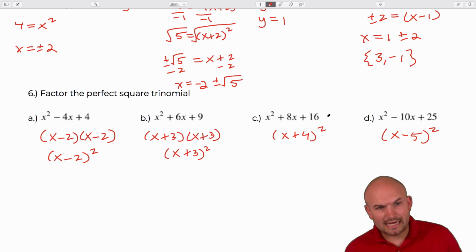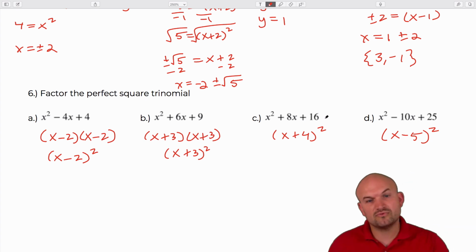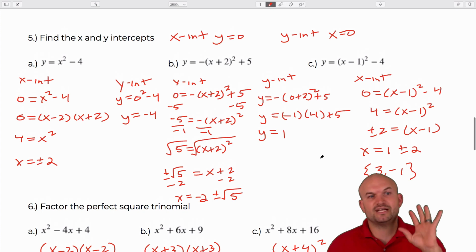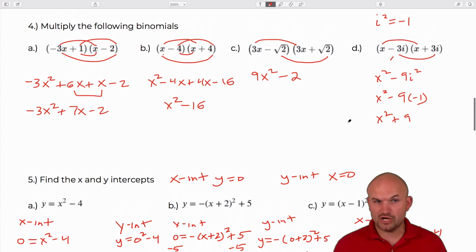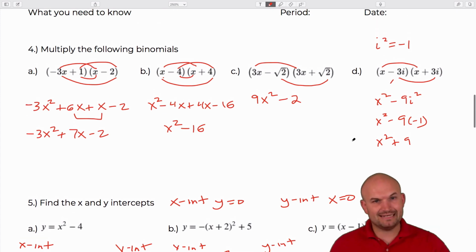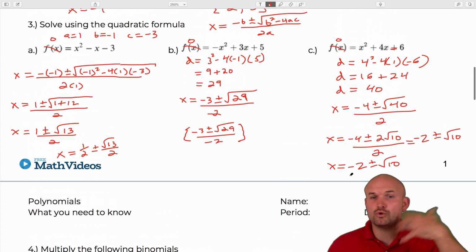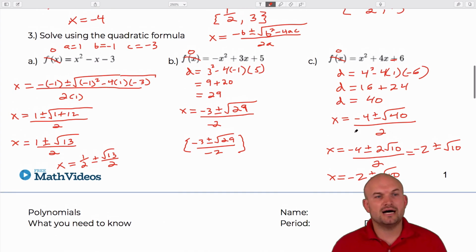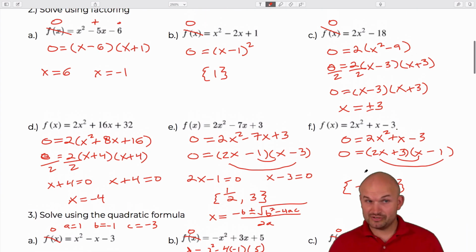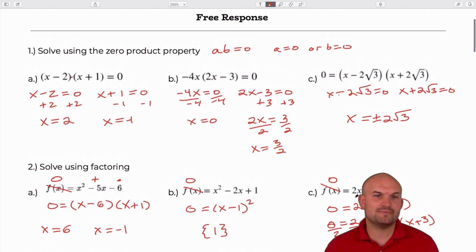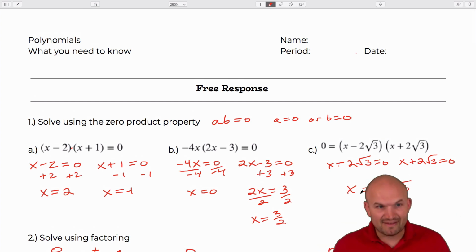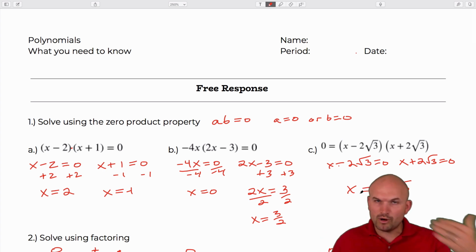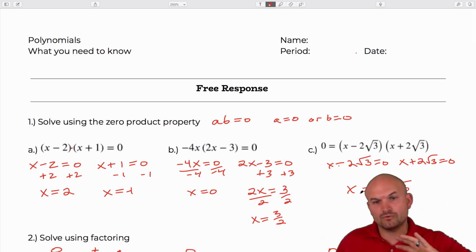So there you go, ladies and gentlemen. Just to kind of recap, we covered factoring perfect square trinomials. We covered how to identify the x and the y intercepts, as well as using inverse operations to solve. We covered multiplying or expanding binomials, how to use the quadratic formula to find the solutions to a quadratic, how to use factoring to find the solutions of a quadratic, and last but not least, how to apply the zero product property. So again, this is not an exhaustive list of everything you need to know for polynomials, but I do feel that if you have a good foundation for what we did with this worksheet, then